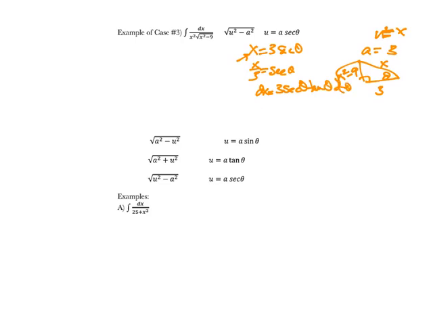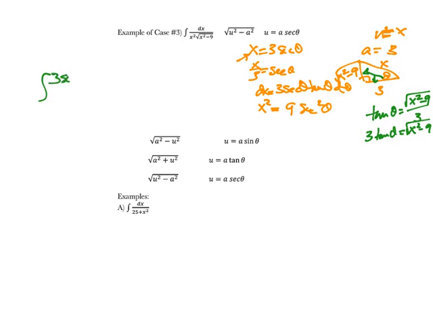I need an x squared, so that would be 9 secant squared theta. And I need the square root of x squared minus 9. So that easiest relationship would be opposite over adjacent. So we'd say tangent theta equals the square root of x squared minus 9 over 3, or 3 tangent theta equals the square root of x squared minus 9. So, going back over here to the problem, this integral will become dx, which is 3 secant theta tangent theta d theta,